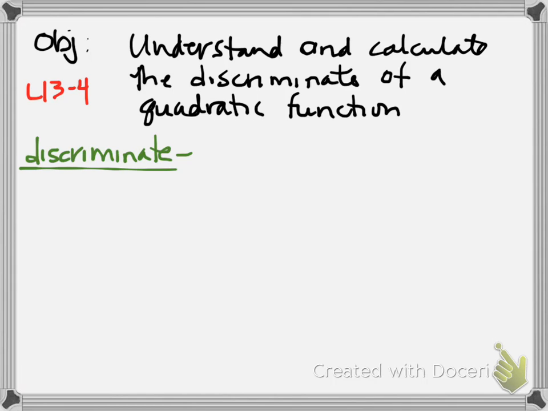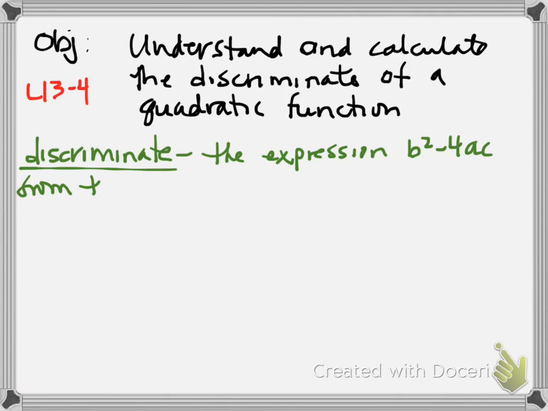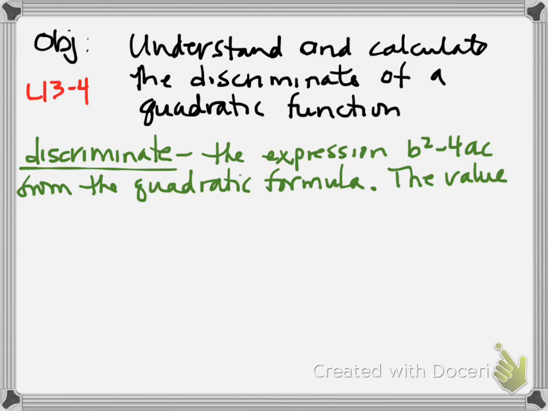So the discriminant is the expression b squared minus 4ac from the quadratic formula. Notice there is no square root symbol around it. It's simply the radicand. It's just the radicand. Now, what's interesting is the value we get. The value of the discriminant